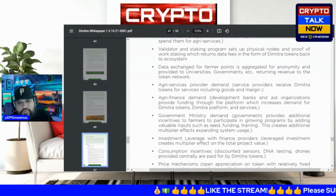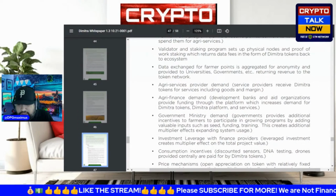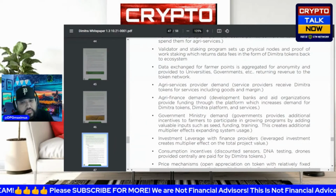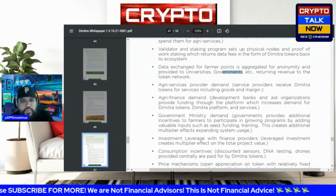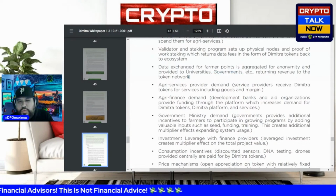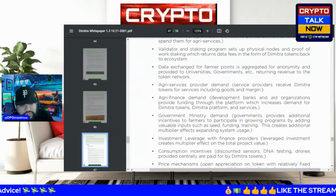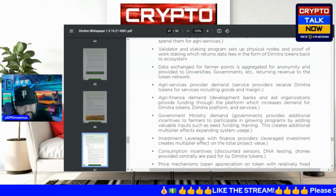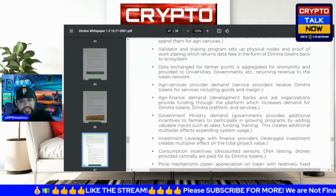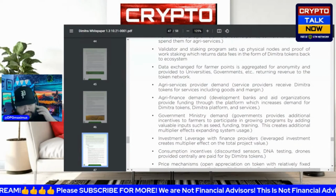Data exchange for farmer points is aggregated for anonymity. I never can pronounce that word right. I don't know why. And provided to universities. Ooh, governments. Ooh, returning revenue to the token network. Ooh, even if you only had 1 or 2 universities that would pick this up, that in itself would be big. And then if that snowballs and you get the government on board,